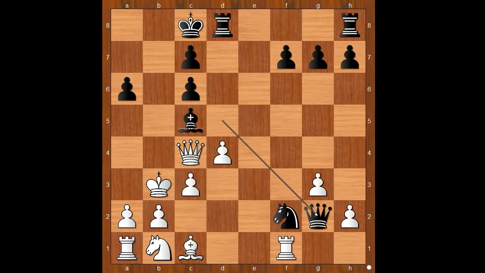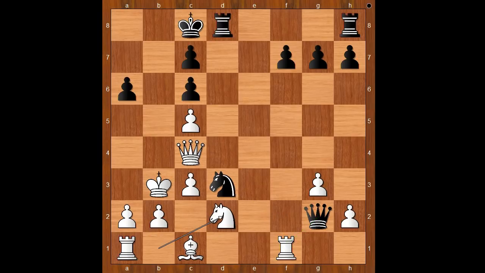Queen to g2. Let's take it back. If queen takes on c4, king takes on c4 and white wins. Back to our game. Queen to g2, d takes on c5, knight to d3, threatening to take the rook on f1, knight to d2 defending, knight takes bishop on c1, check, rook takes knight, rook from a takes on c1,